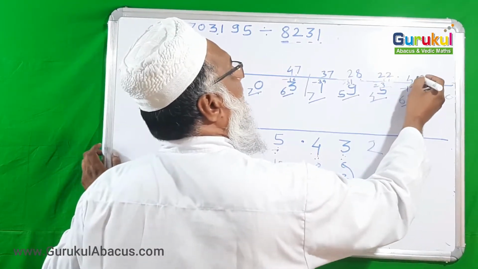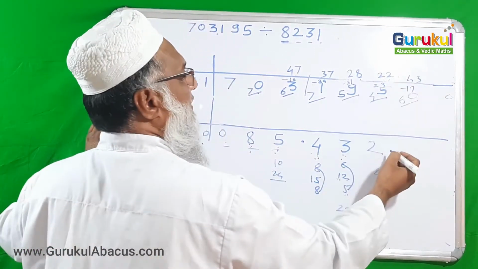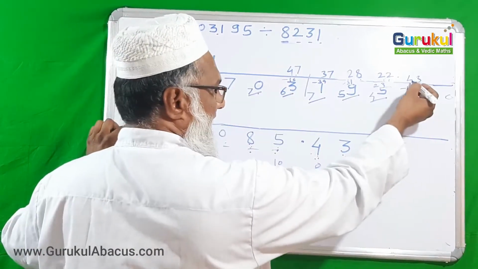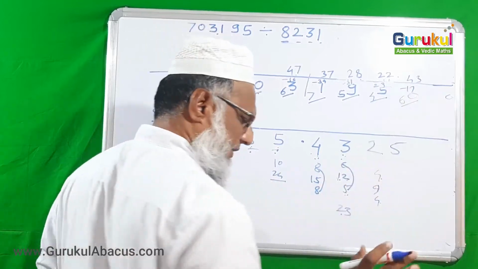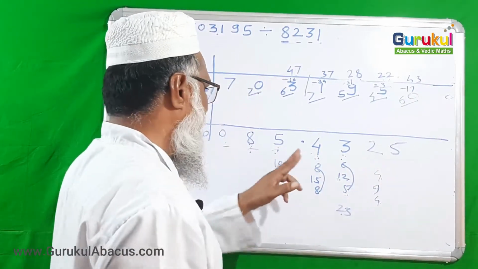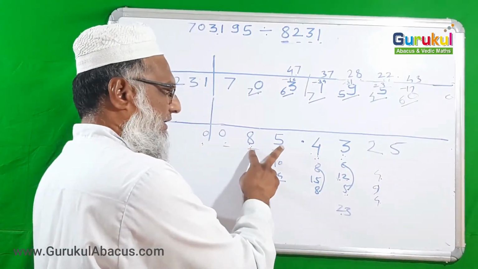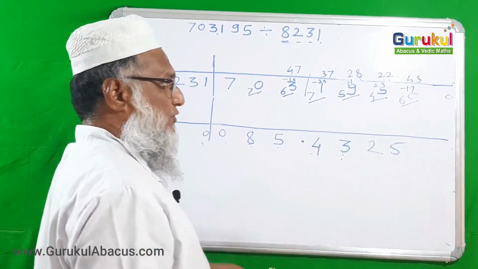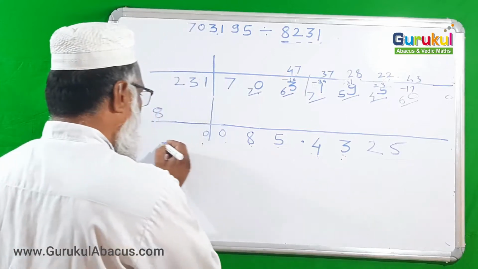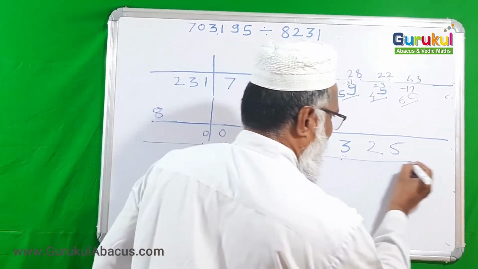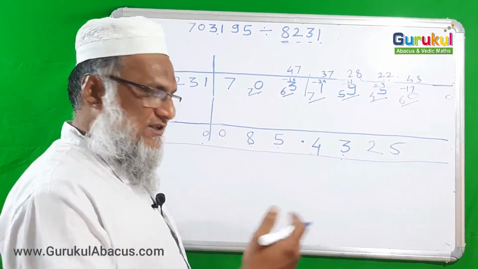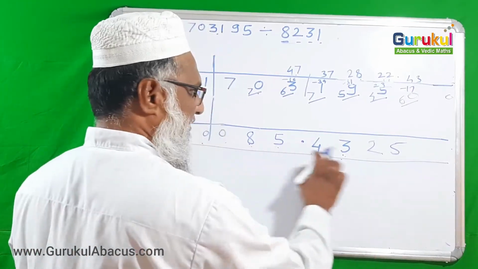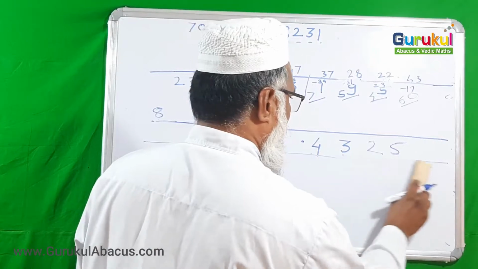So I am getting 43, and if there are 43 I can take 5s, because 8 5s are 40, I can subtract easily. So I want to stop here because that much of the answer I have got, 85.4325, that is enough. Okay, so now the turn is there to find the remainder of this example. Here there will be a little change in finding the remainder, but see, easy, don't worry. So this answer you just keep in mind, this is okay.